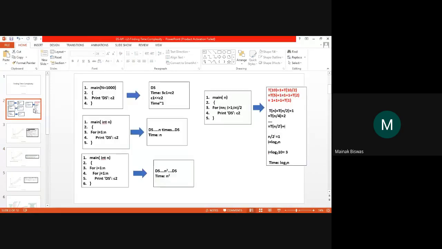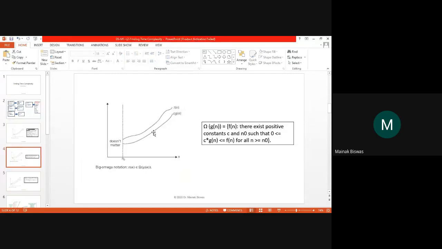Now let us go to the previous example. No, that is not a good example for this. I will explain it to you again in another example. Your time complexity cannot be less than this one. Let us say this one is n, and T(n), your code, is n squared. So T(n) will always be greater than n. It can be n to the power 1.2, n to the power 1.5, it can be n log n, n into n square, n cube, whatever, but it cannot be lesser than n. If c g(n) represents n time complexity, T(n) will never be better than this.